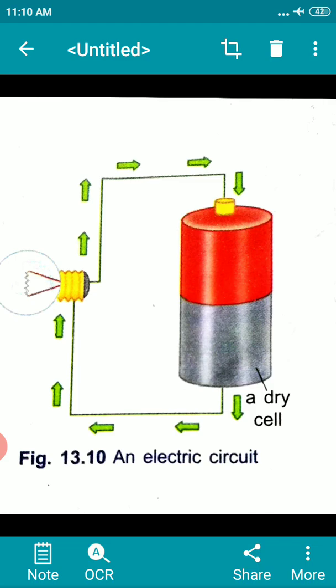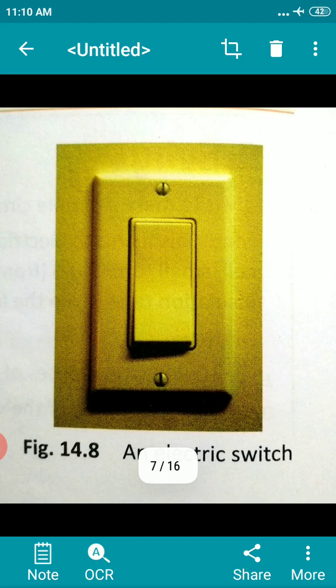The next one we'll see is the electric switch. The electric switch is a device which is used to start or stop the flow of electric current in the circuit.